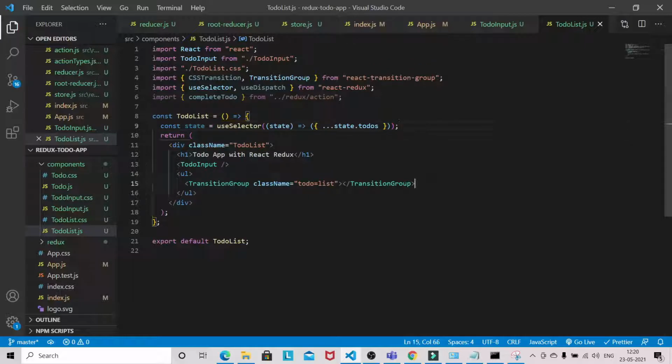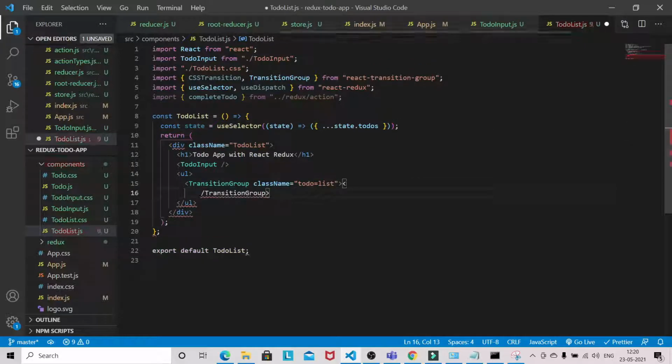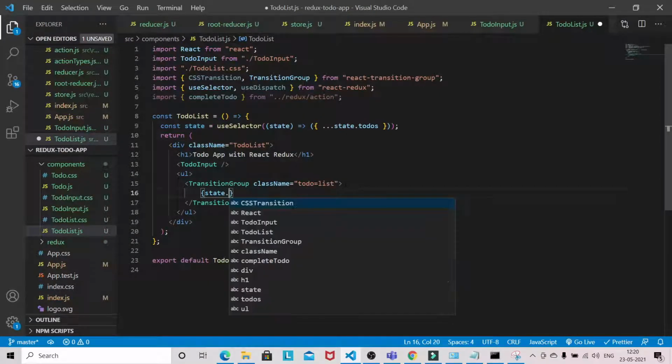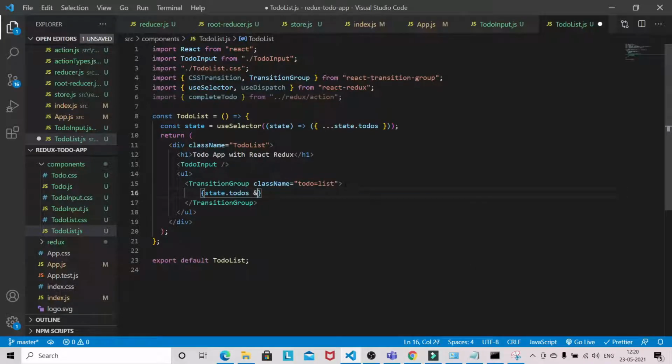Now come to here. We will check if state.todos is there.